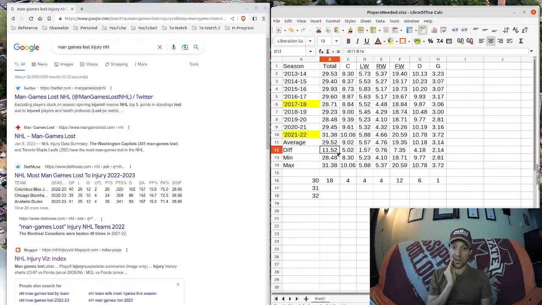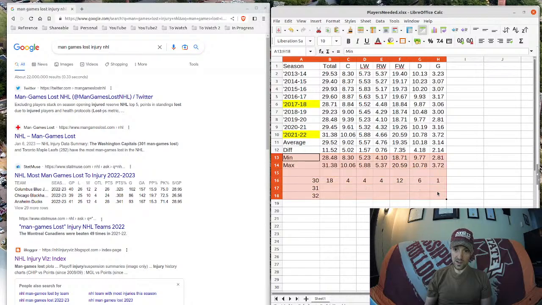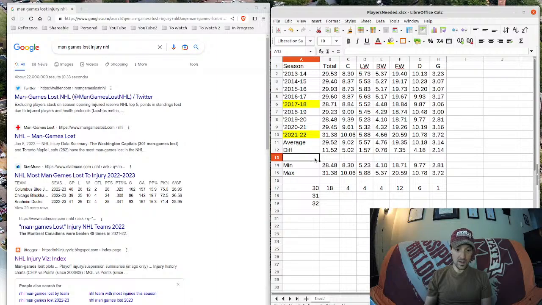So on average, 11 more players than they technically need, 5 more centers than they technically need, 1 more left wing, almost 1 more right wing, 7 more forwards, 4 more defense, 2 more goalies, and I'm going to actually do 1 more calculation here. Percent diff equals this divided by